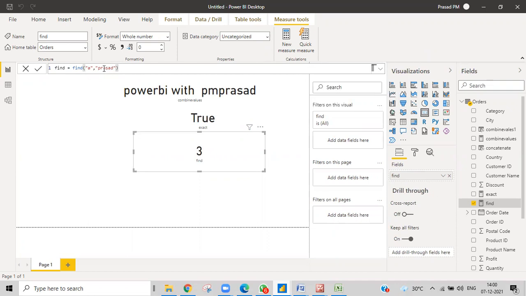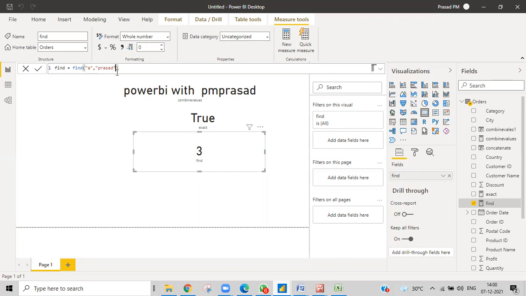It gives the first occurrence of that particular character, not 3,5. It gives only the first occurrence. So what if I want to get the second occurrence of the position?